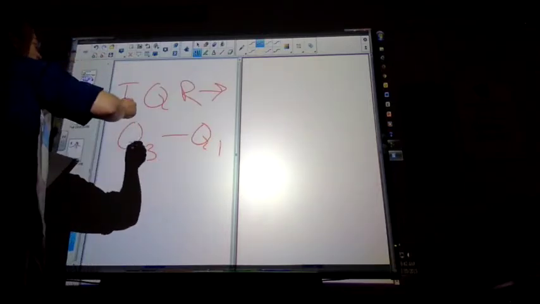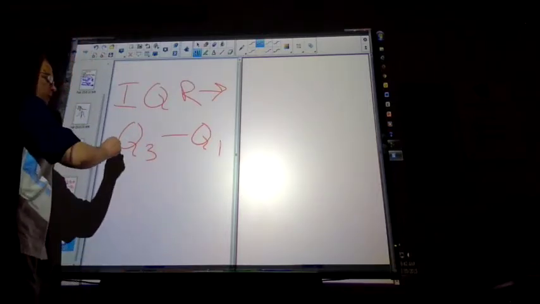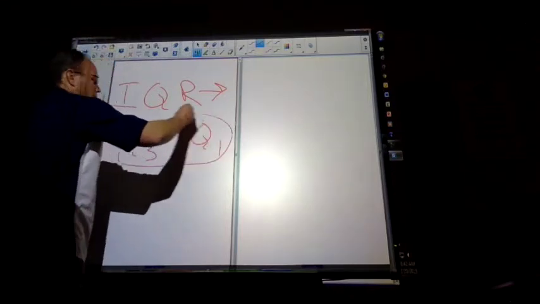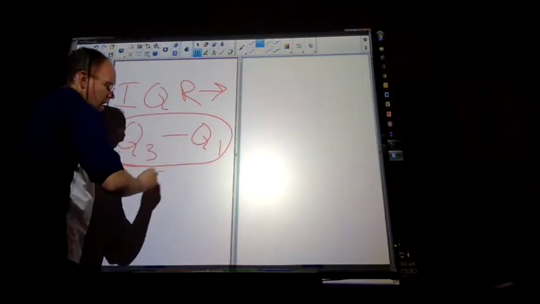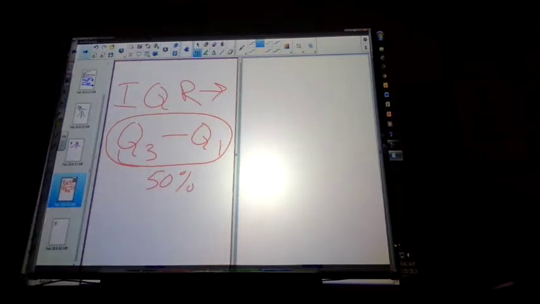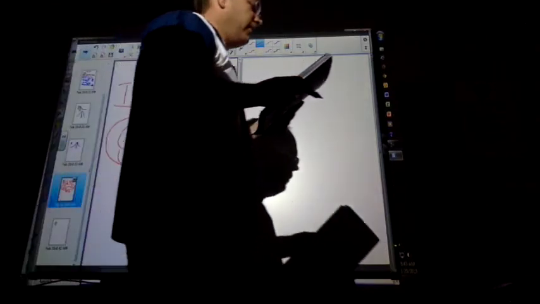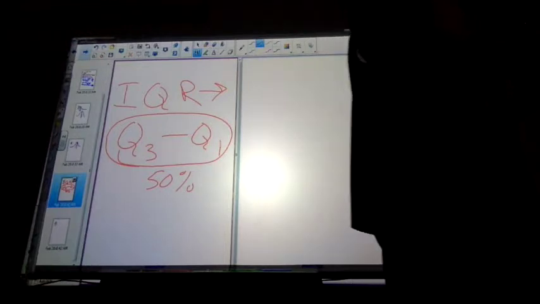So, the interquartile range does this. It has 50% of the data within it. Okay? So, 50% of your data falls in the interquartile range. Half of your test scores would fall into that range. Now, if I want to find that data is too far away, so it's an outlier,